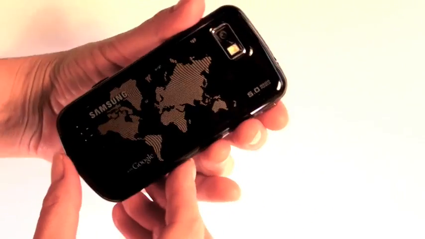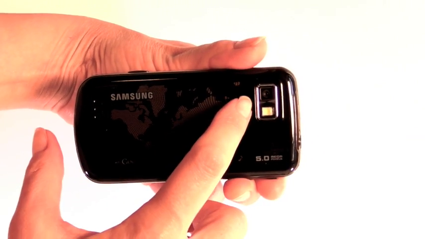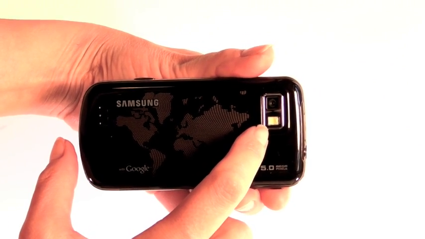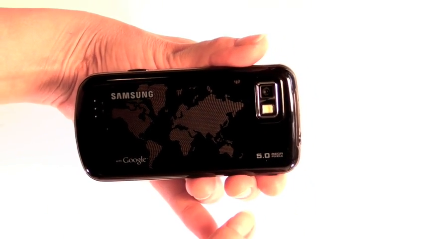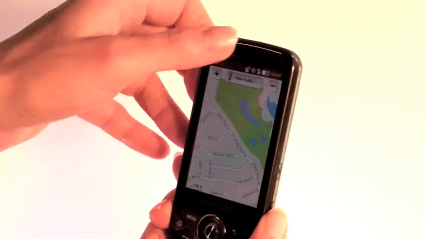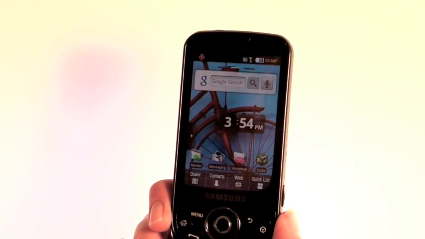While we're taking a look at the back, you can see there's a stylized map of the world on the back. And the camera lens and the LED flash is quite bright. It's a 5-megapixel autofocus camera that takes good pictures, certainly on par with the original Behold, and better than most camera phones. One of the interesting things Samsung put on here, it's fun, we're not sure how useful it is,